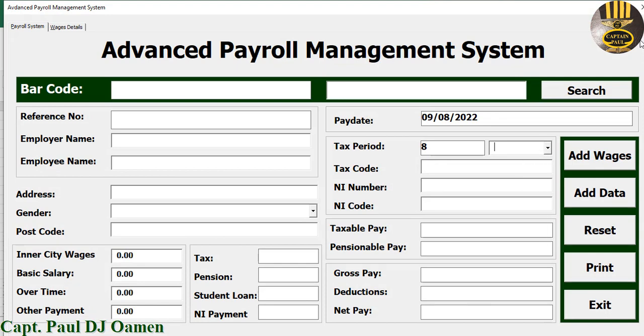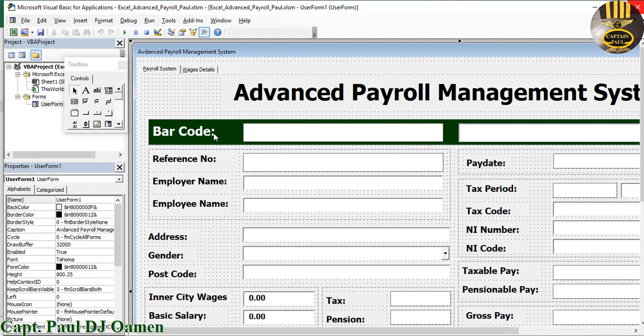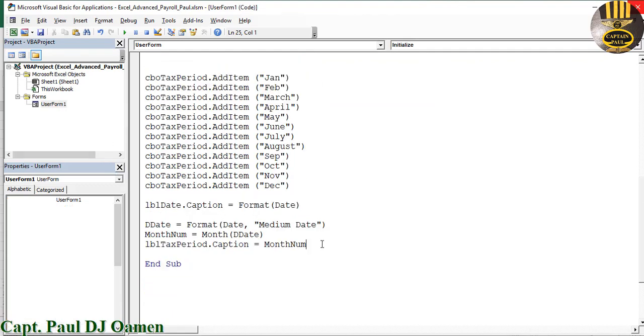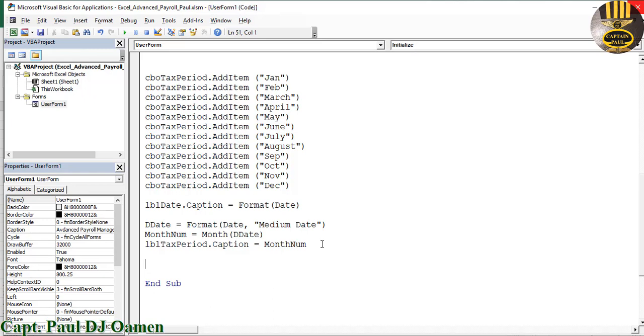Alright, but we want this one to automatically change. Now that's where we have to add more lines of code to take care of that. So right underneath here now, let's use a new statement. If LBL tax period, grab all of that. If it equals 1, okay, then